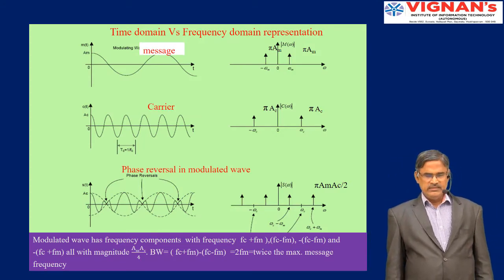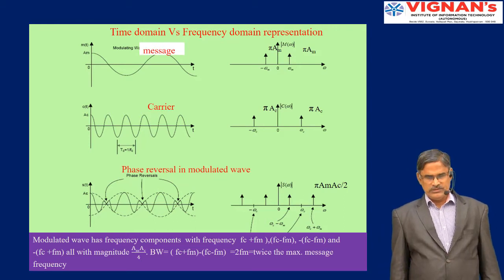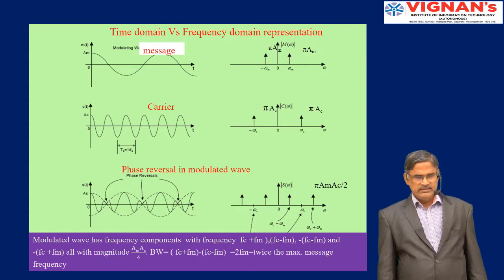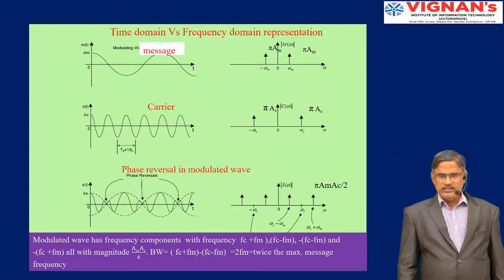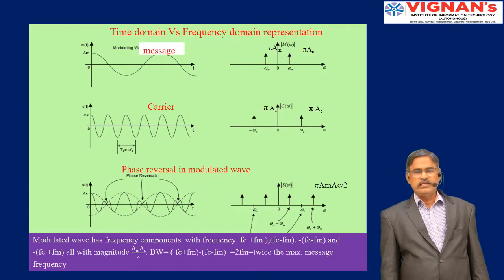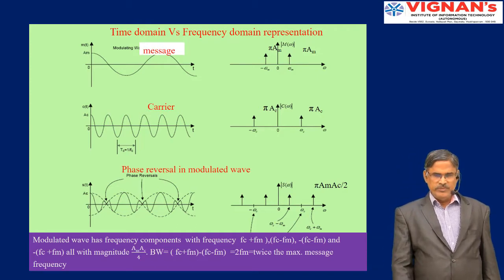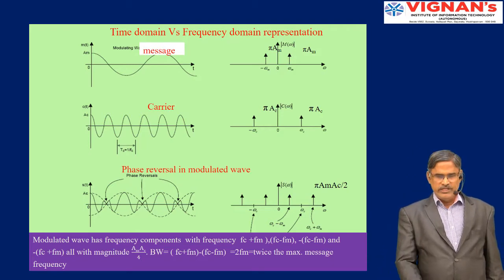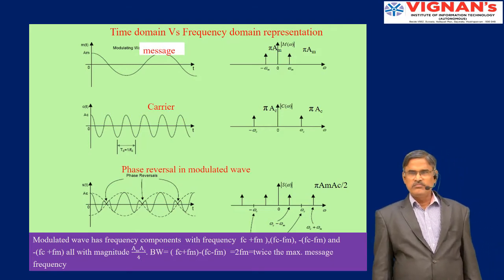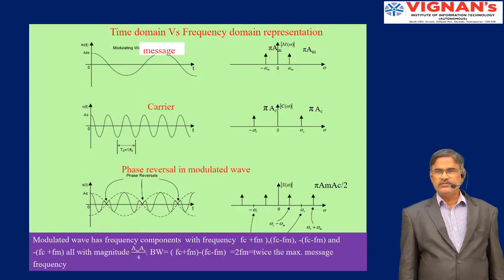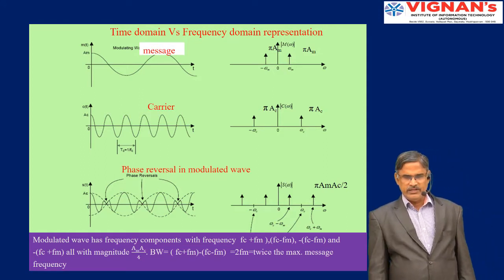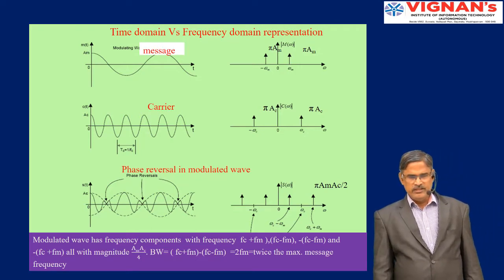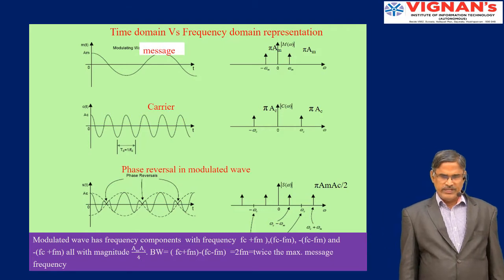Okay. Next, what you are seeing? We are seeing the message tone, m(t), a sinusoidal signal, and a high frequency carrier signal, c(t), and at the bottom you are seeing the multiplication signal. So the PPT you can divide into two columns. First column is time domain representation and the second column is frequency domain representation. In frequency domain representation, instead of f, omega is there. That means in the expression, the impulse strength will be multiplied by 2 pi.